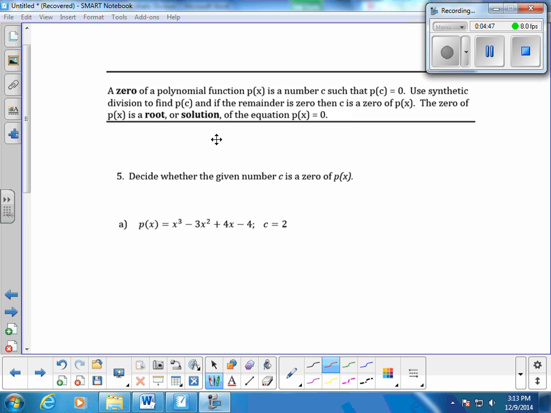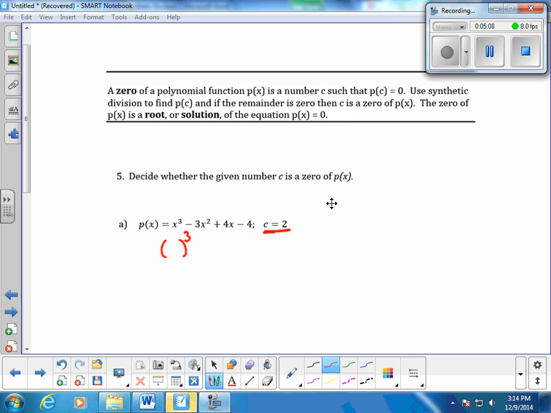Okay, so 5 says, determine whether c is a 0. Basically what we want to know is if the remainder turns out to be 0, then we know it is. If it does not, then we know it's not a solution or not a zero. So let's test this at